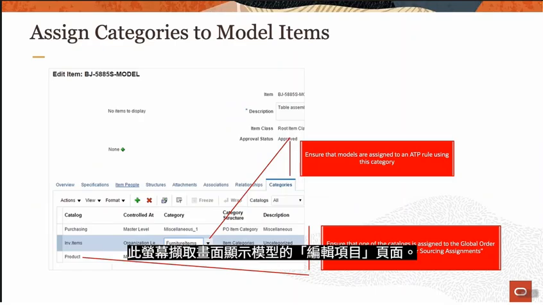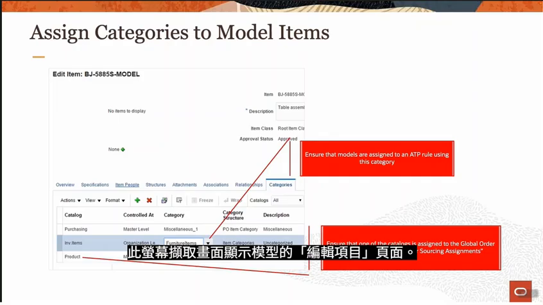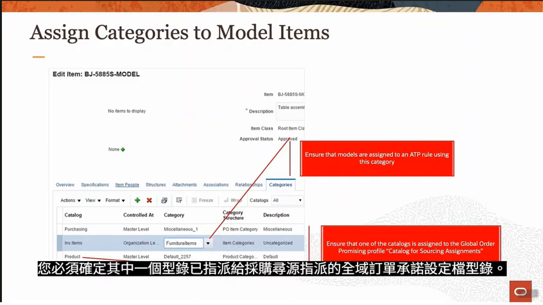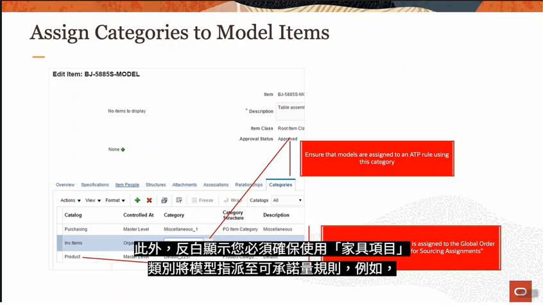This screenshot shows the Edit Item page for a model. The catalog information is listed. You must ensure that one of the catalogs is assigned to the Global Order Promising Profile catalog for sourcing assignments. In addition, it highlights that you must ensure that models are assigned to an ATP rule using the Furniture Items